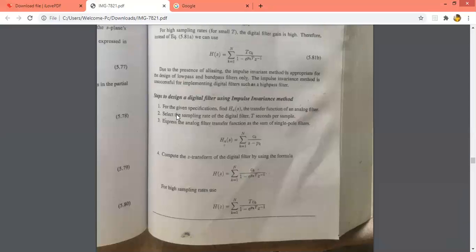After that, the next step is to select the sampling rate of the digital filter. Usually the T value is given in the problem itself. If the T value is not given, take T equal to 1 second per sample. Then what do you have to do? The third step, this is a very important step. We have to write